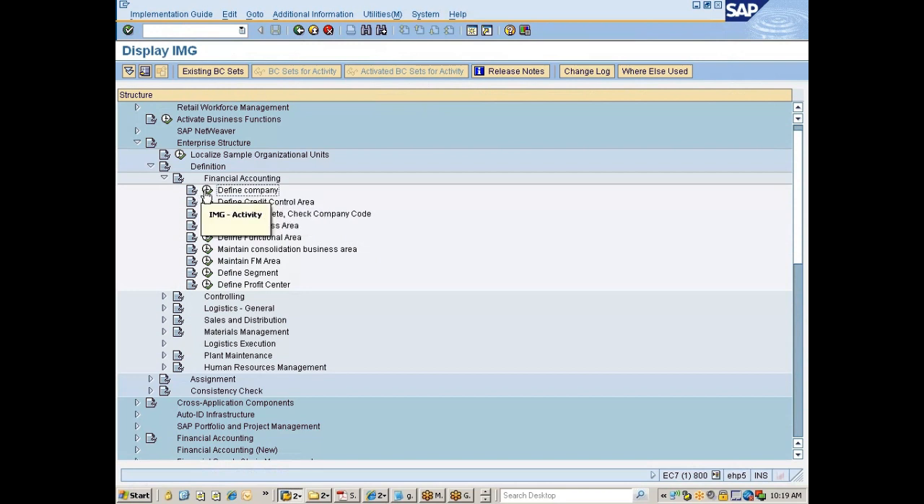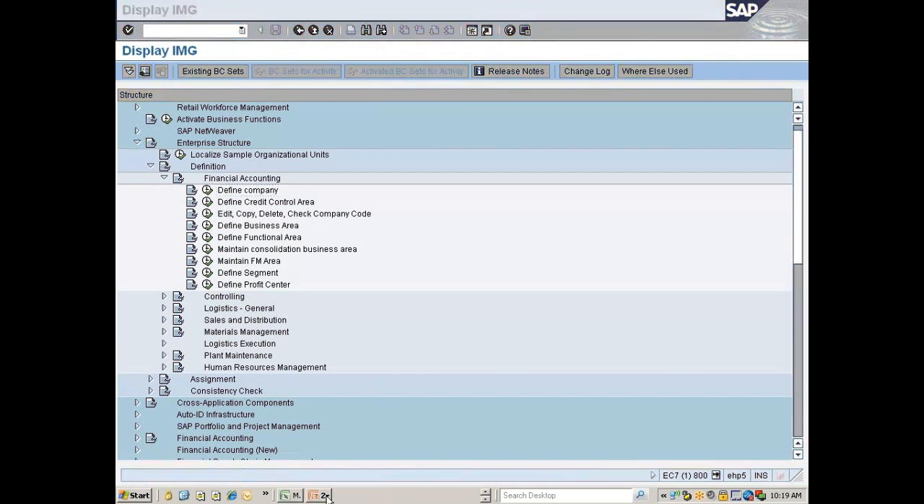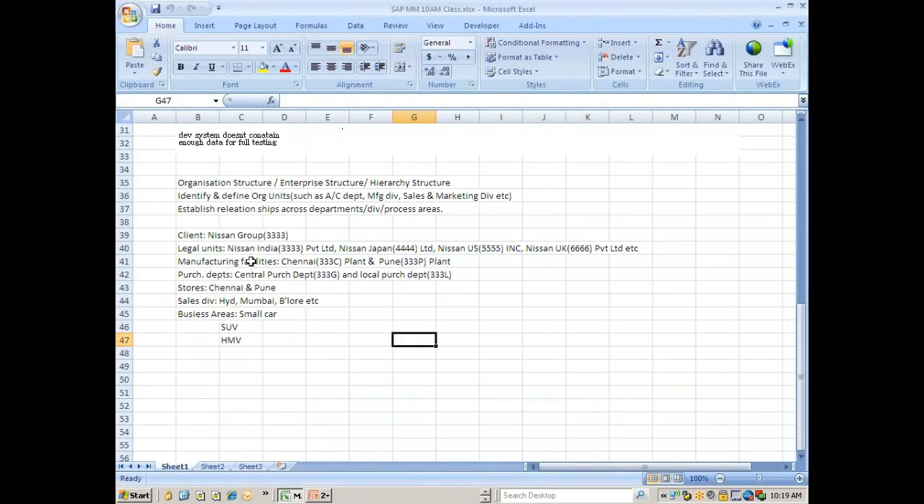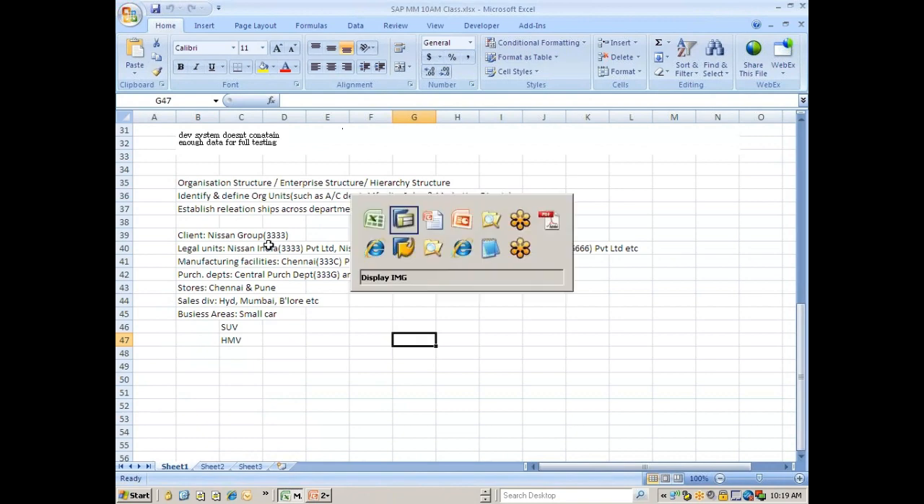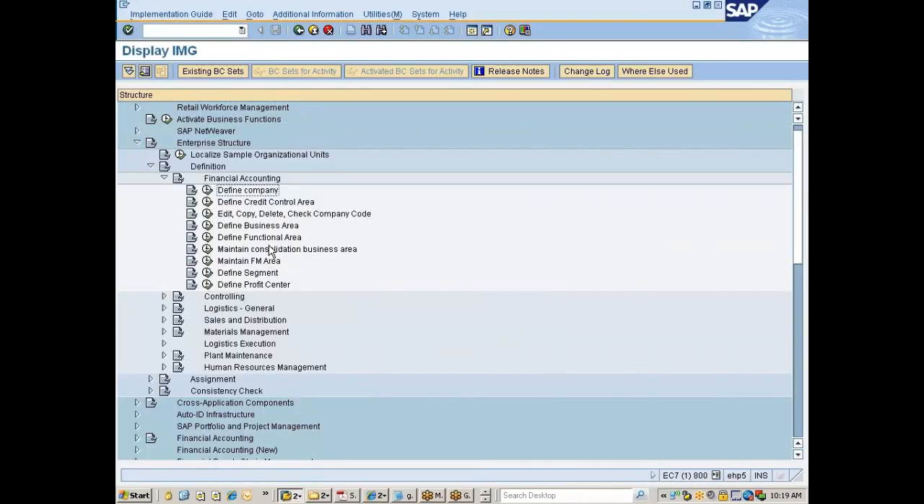A company in SAP terminology is a brand in the physical sense. So what we have decided is that we thought of setting up Nissan, right? So this Nissan group is called a company in SAP terminology. Now wherever you see this timer icon, this is called execute. So when you go with this,